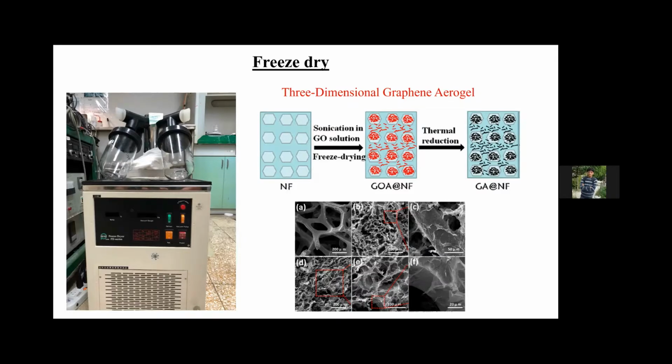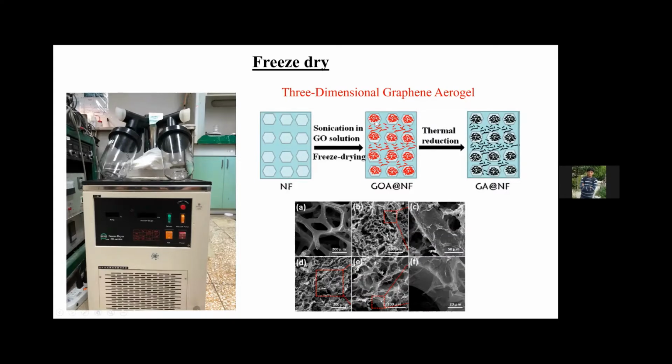So whatever material is formed after the reaction stays the same. But in the case of a thermal dryer, it might agglomerate or change, because that is evaporation, and this is freezing. For example, if we want to make a three-dimensional graphene aerogel, we can make the graphene solution and do the freeze drying.